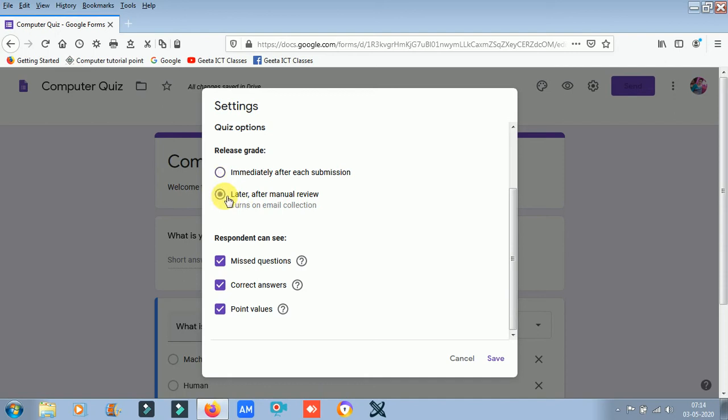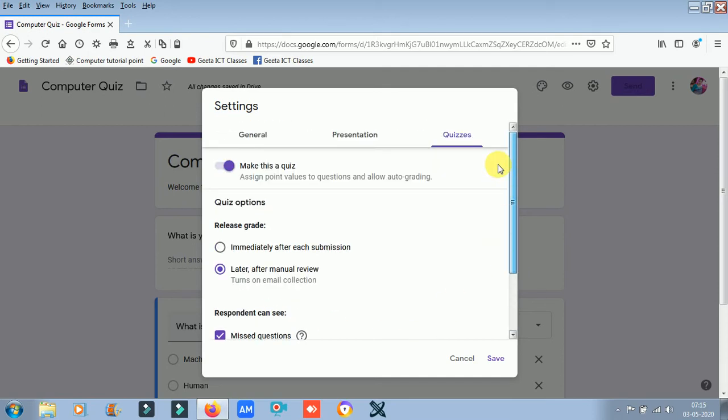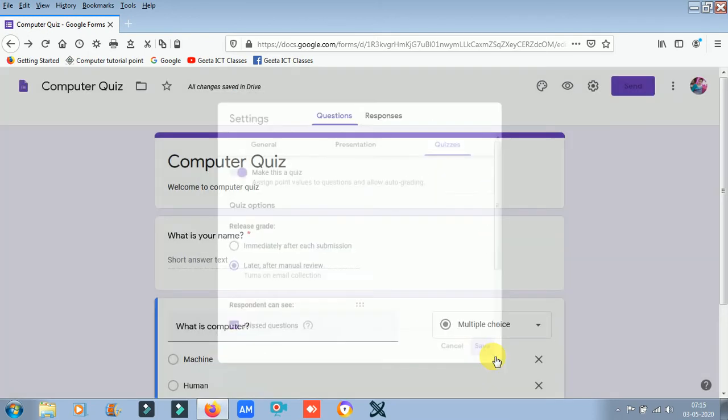And the respondent can see missed questions, correct answers, and point values. So you can choose all of them and after that save.